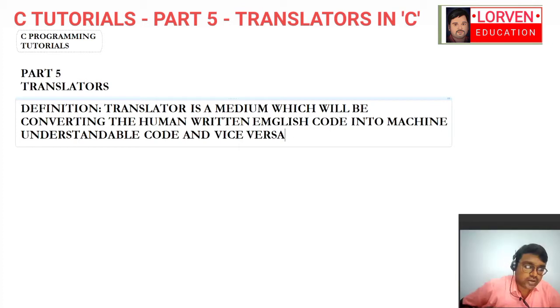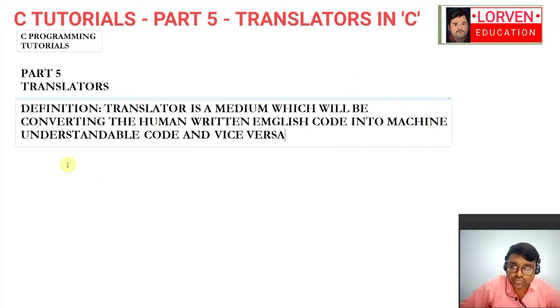Now we have to understand that translators are of two types. We will see the types of translators available to us and the properties of each translator, and on seeing the properties you will get an idea of which translator is the best one to be used in programming execution.